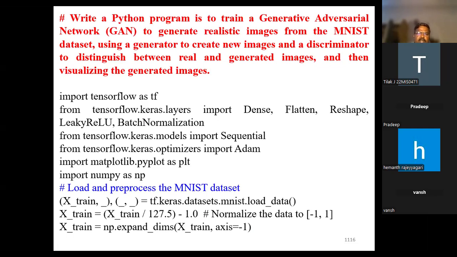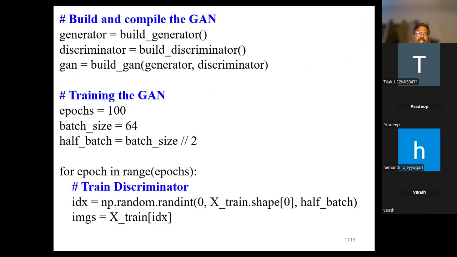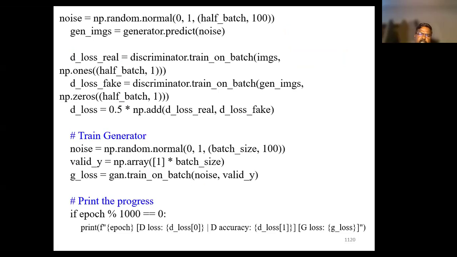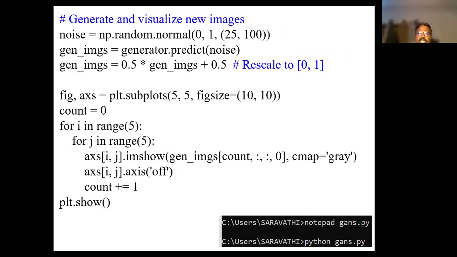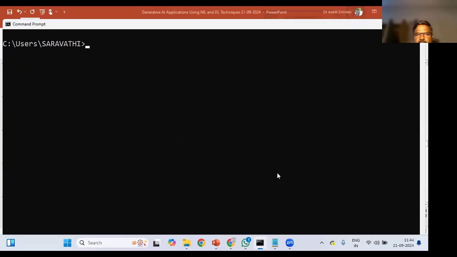See here, I'm declaring TensorFlow, load and process the MNIST dataset, then go for define GAN components, build and compile the GAN, training the GAN, train the discriminator, train the generator, print the progress, generate and visualize new images. See, GANs. Now see this program, notepad